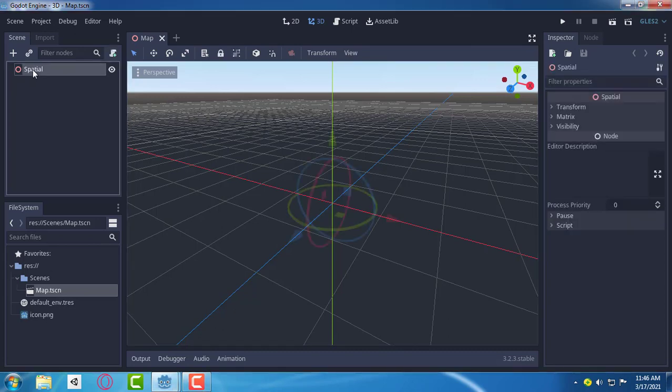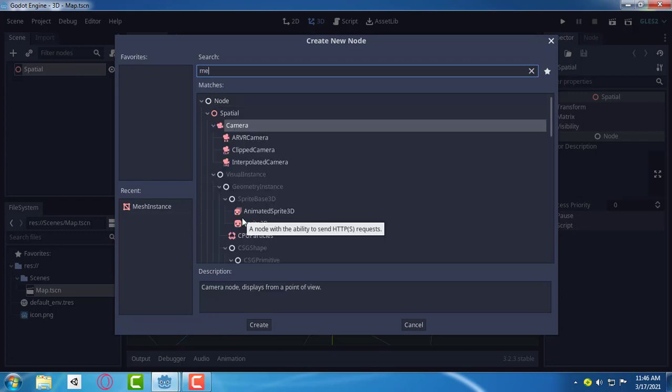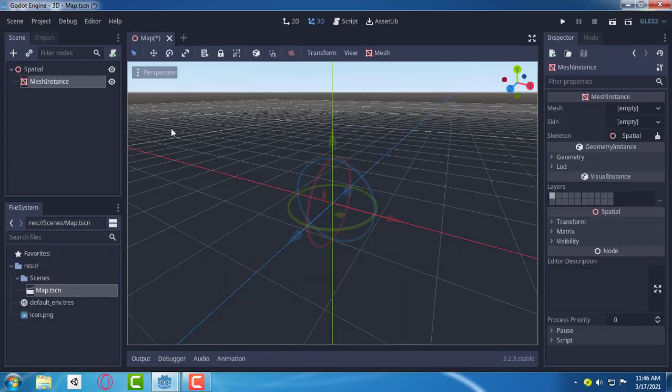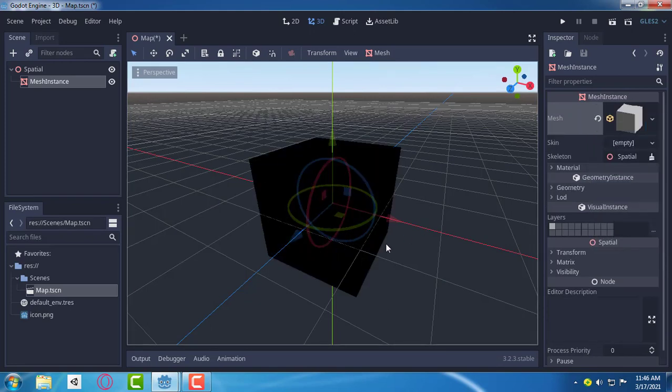You may have seen a tutorial on YouTube where he is using a mesh instance and he added a cube mesh, and his one is white like this and your one is black. If your one is black, it means you don't have a graphics card which supports the graphics that Godot supports. Godot needs at least OpenGL ES 2.0 and the recommended one is the Vulkan renderer.